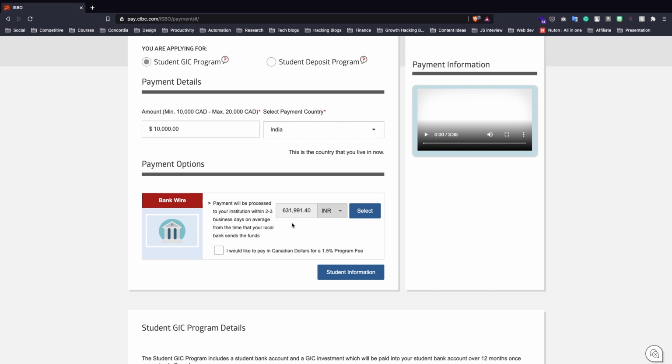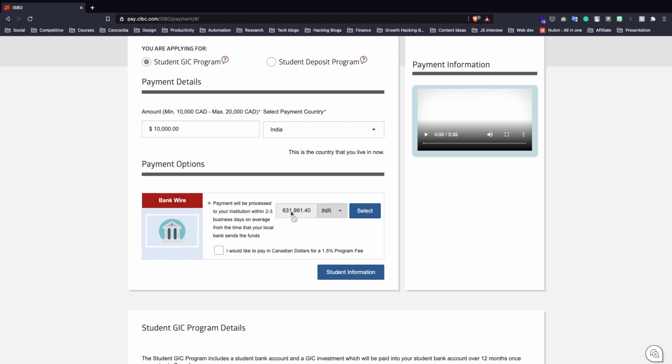It will show me the price accordingly, and it charges a little bit here and there as well, like some CIBC own pricing, their own commission. So it won't be exact to what you see on Google, but it will be somewhat near to that. For now it is showing me around 63, but the current rate is around 60.5.